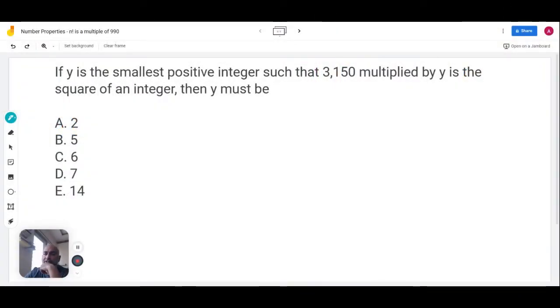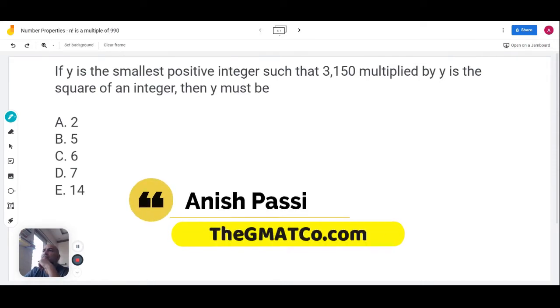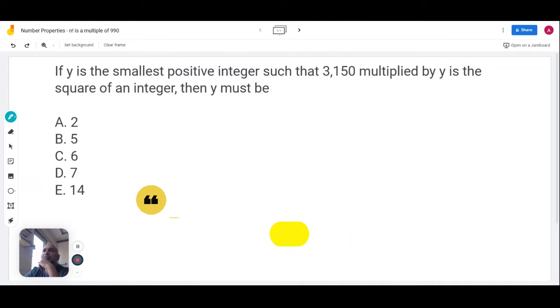You may pause and try this question. All right, let's take a look. If y is the smallest positive integer such that 3150 multiplied by y is the square of an integer, then y must be